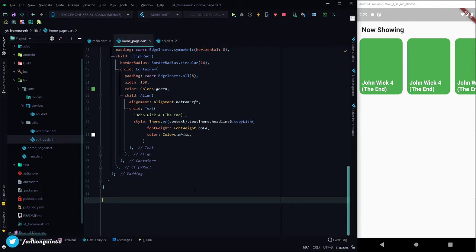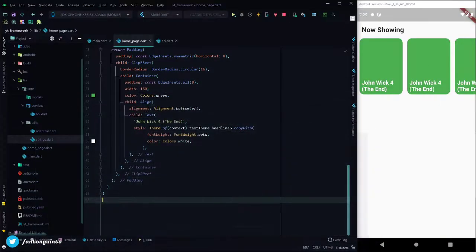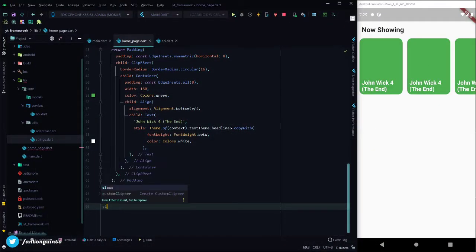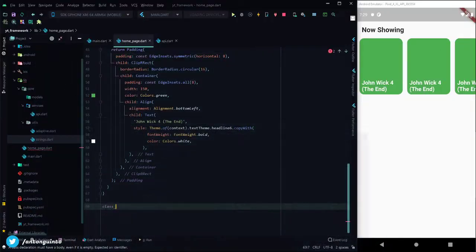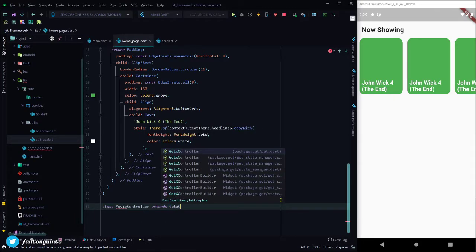data from the API. So to do that, we'll make a class. Again, I'm using GetX for this. If you want me to use other state management, just comment down what you want to see. For this time, I'm just using GetX for convenience. Okay, so I'm using a movie controller, a GetX controller,